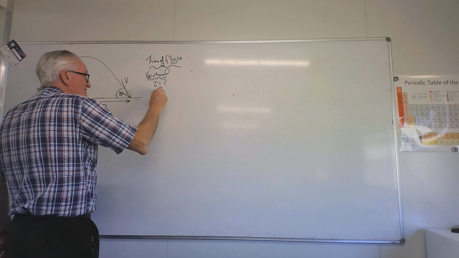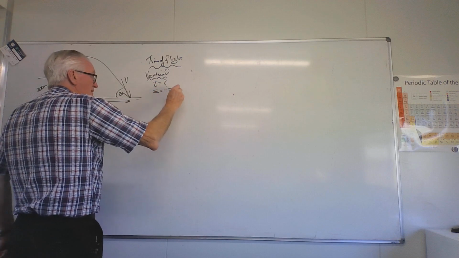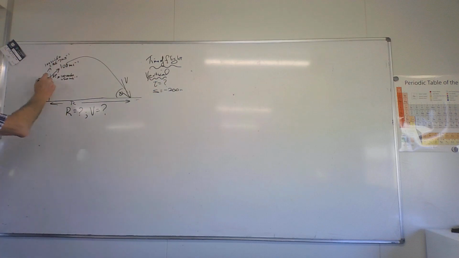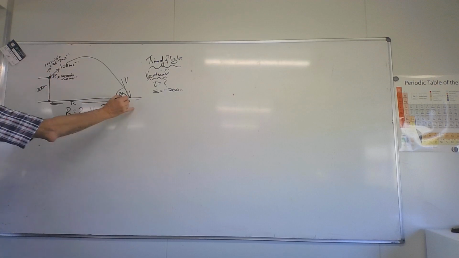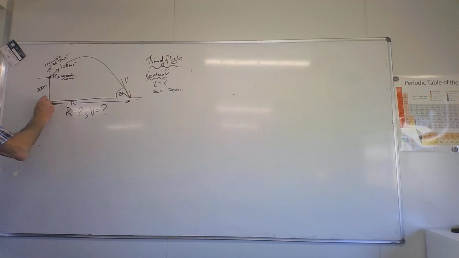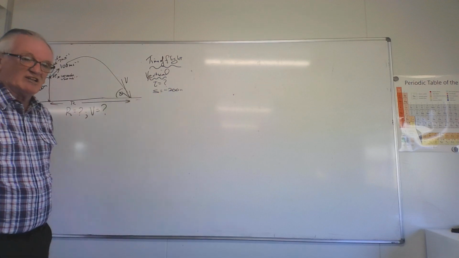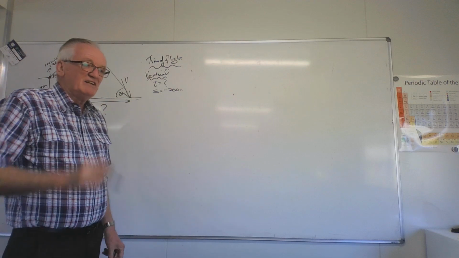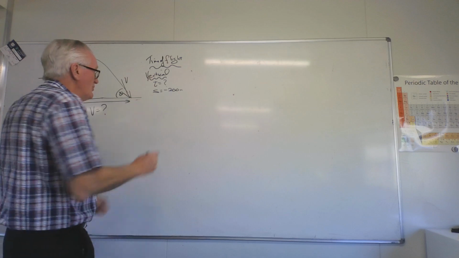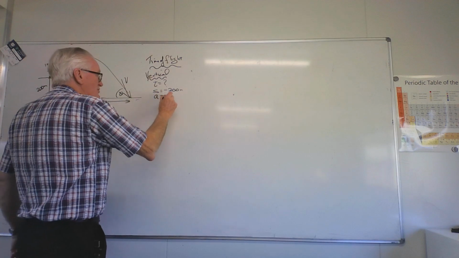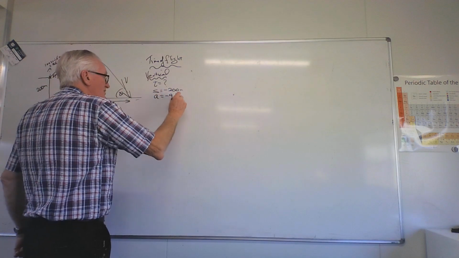Now, S this time is minus 200 metres. So vertically, it starts here, ends up vertically at this point here. Horizontally, it's changed position, but vertically, it's straight under where it started, and it's actually fallen 200 metres. And so the displacement is minus 200. Upwards is positive, downwards is negative, so minus 200, and we have the acceleration is minus 9.8 metres per second